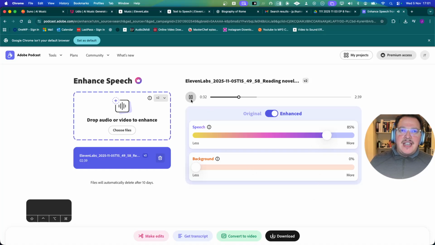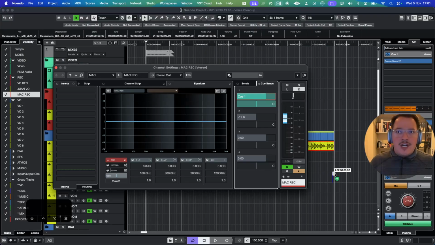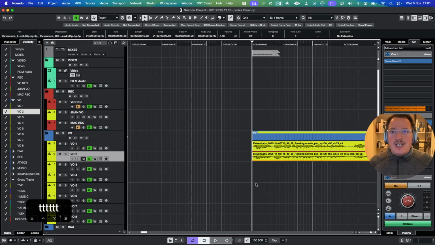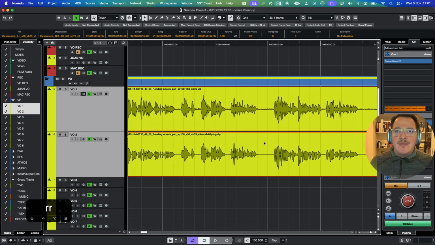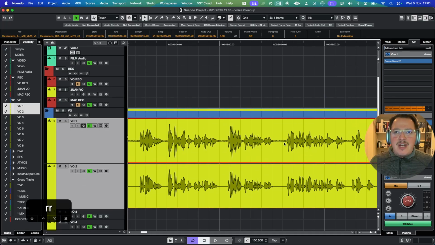Okay, so you can basically hear from this that you have a very simple slider, the background removal slider that we have here, and the speech enhanced version. So I think this setting sounded pretty good. I'm just going to download the file. Then this downloaded file, I'm just going to drag and drop here, and now we can listen to it from the session as well. You can also see in the waveform that the background noise has been reduced, and that the voice hasn't really been compressed that much.